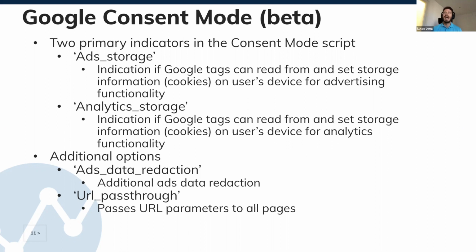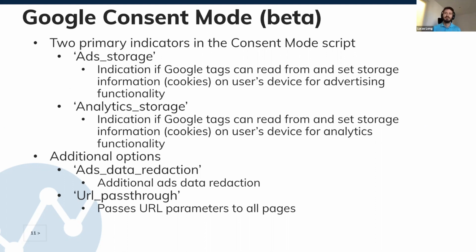Now, the ads storage indicator is an indication of whether the Google tags can read from and set storage information, i.e. cookies, on a user's device for advertising functionality. For analytics storage, this is an indication of whether Google tags can read from and set storage information on a user's device for analytics functionality. We'll talk about the specifics of how they're modifying their behavior for these two